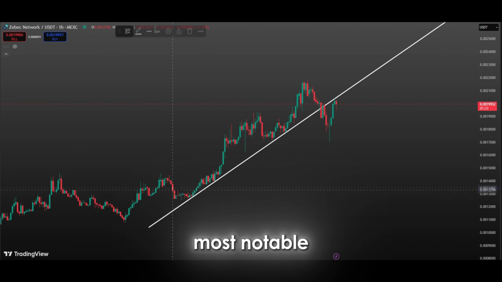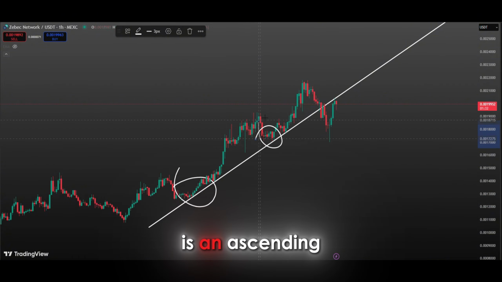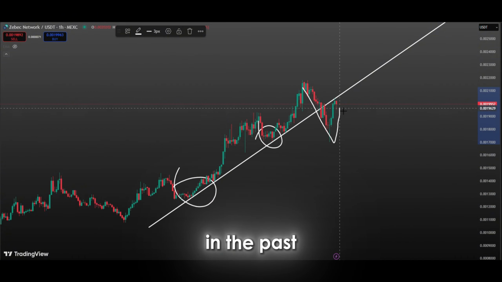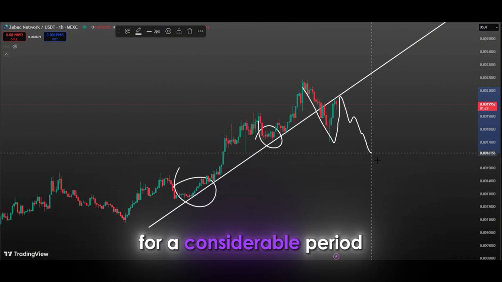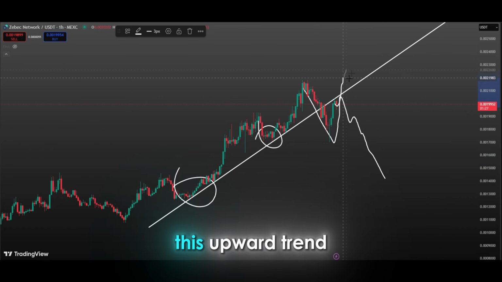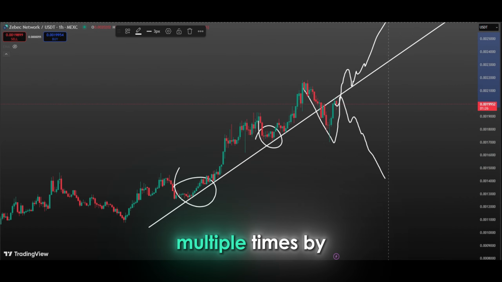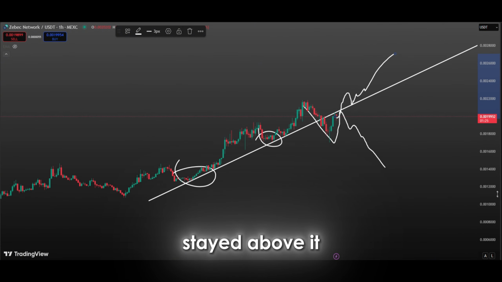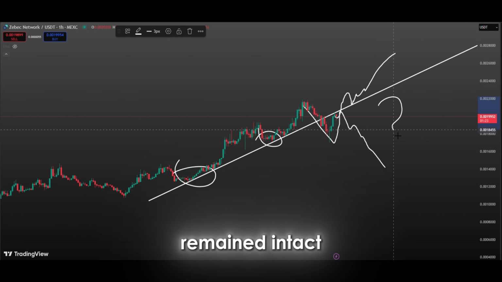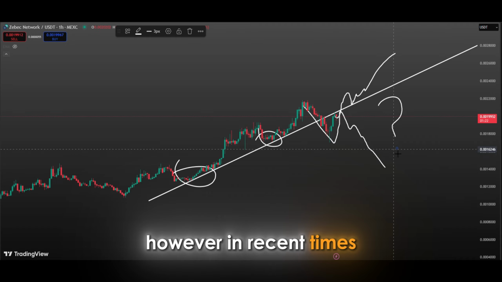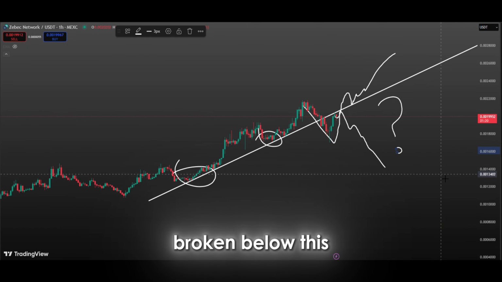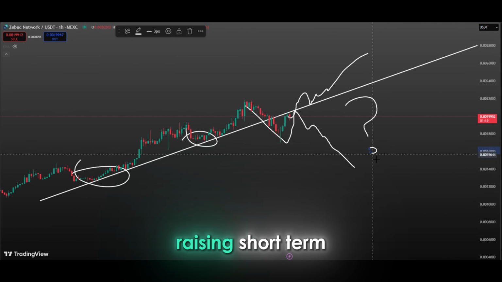One of the most notable structural elements on the chart is an ascending trend line that had formed in the past and was respected by the price for a considerable period. This upward trend was tested multiple times by the market, and as long as the price stayed above it, the bullish momentum remained intact. However, in recent times, the price has broken below this ascending trend line, raising short-term concerns